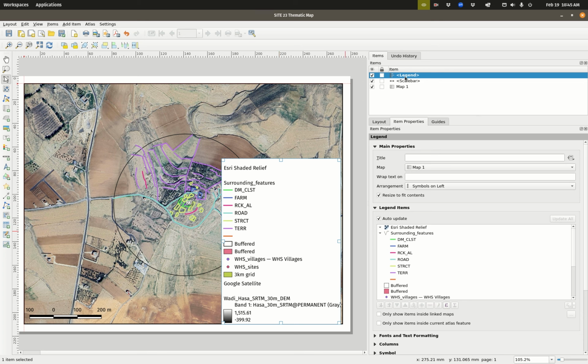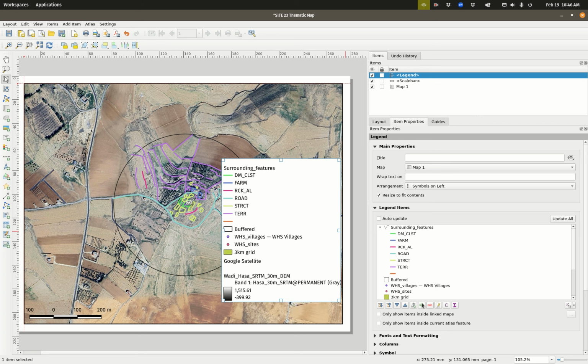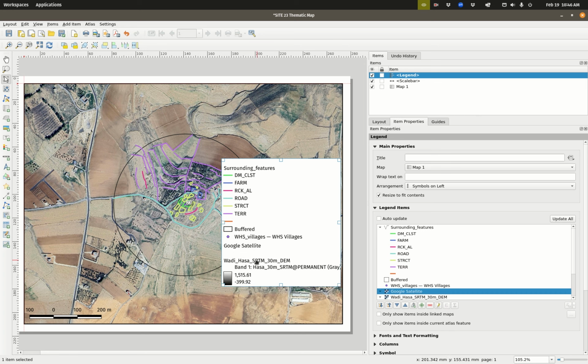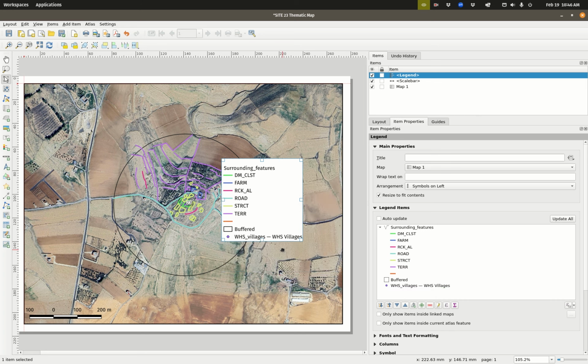So if we see the item properties for legend, it's set to auto update. Let's uncheck that. And now we can start removing items from here that we are not actually looking at on our map. So everything that we don't really need to have in here, we can just start to remove. And now we're left with just the things that we can see. And in this case, what we can do